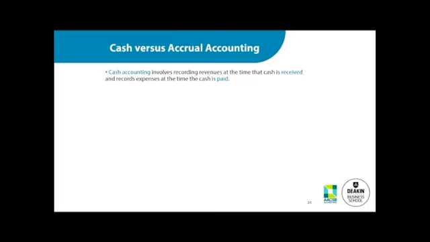We need to think about cash and accrual accounting. What is cash accounting? Cash accounting has a very simple concept. That is, we account for the revenue and expenses when we receive cash and when we pay cash. So it is very simple in terms of when we can determine revenue and expenses. It is very objective because it's based on cash exchanging,